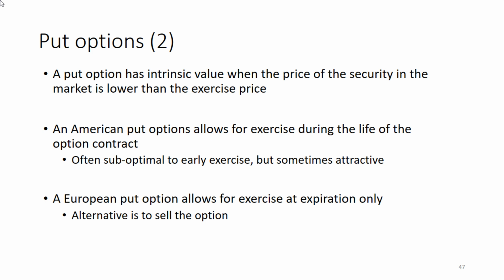And with a European option, you can only exercise at maturity moment. So if you say, well, as a holder of a put option, that you want to get rid of the option earlier, then instead of exercising the option, you could also simply sell the option, because the option premium is determined on a very high frequent basis. So you could simply give this right to another party who then pays you the premium instead of you exercising the option.